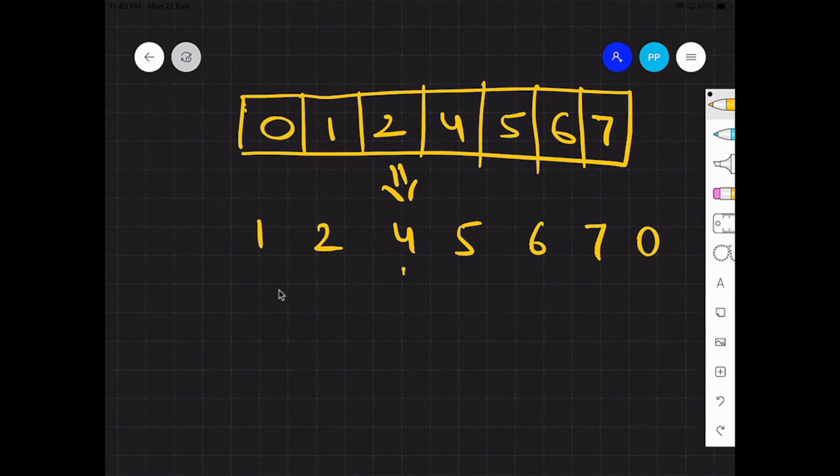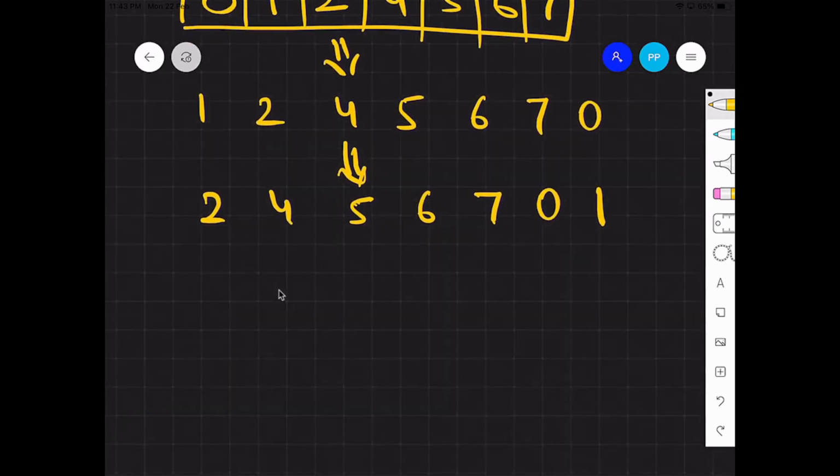And now if we rotate it one more time, it will become 2, 4, 5, 6, 7, 0 and then 1. We'll do one more rotation and then it will become 4, 5, 6, 7, 0, 1 and 2.